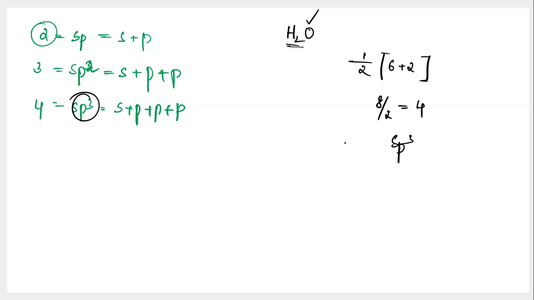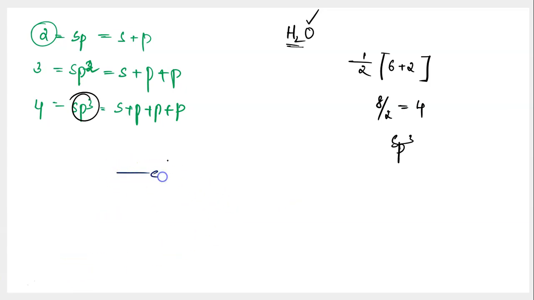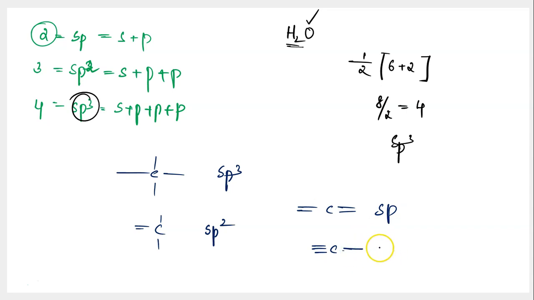And let me tell you something, if you're talking about carbon compounds or organic molecules, you don't even need to use this formula. Over there, it's pretty easy to identify the hybridization of carbon atom. Over there, you just have to look at the bonding in carbon. If the carbon has got 4 single bonds, understand it is sp3 carbon. If the carbon has got 1 double bond and 2 single bonds, understand the carbon is sp2 carbon. And if the carbon is having 2 double bonds, it must be an sp carbon, or maybe if the carbon has 1 triple bond and 1 single bond, it must be an sp carbon.